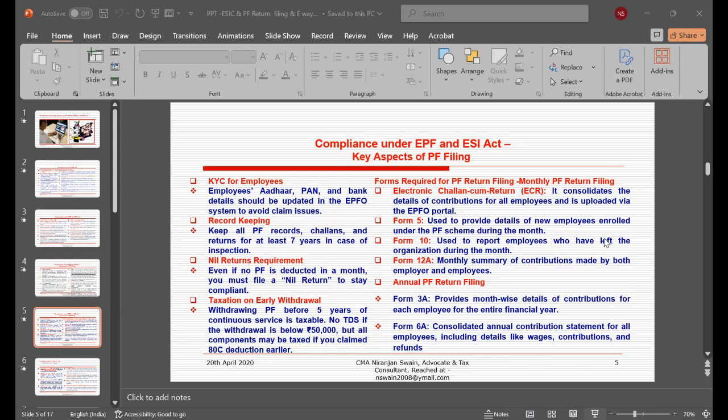Similarly, in the ESI Act, the scheme operates. Already I told you, and these schemes are giving a lot of benefits. One is